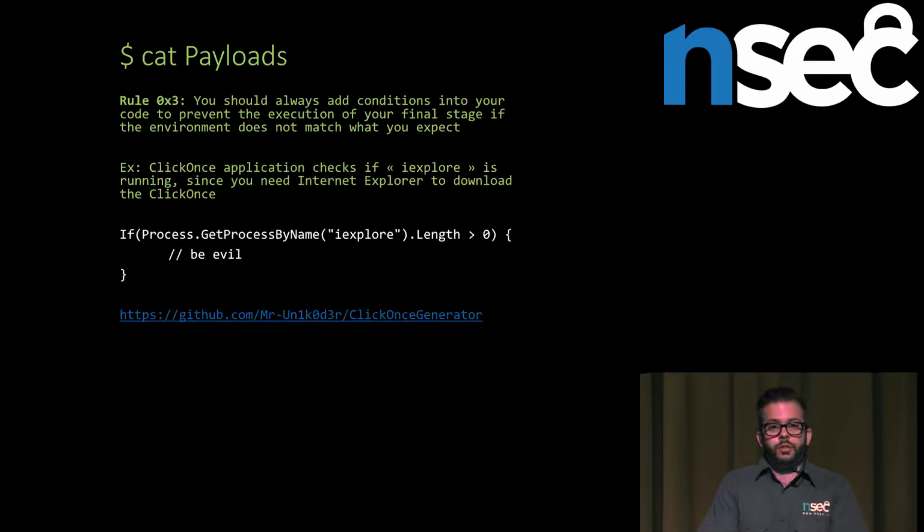WDigest. Mimikatz sometimes may not work because they may have prevented WDigest credentials from being stored in memory. The cool thing about PowerShell is that, by default, it supports Kerberos tickets. So if you have access to PowerShell, you actually have access to the current user's Kerberos ticket. And I wrote a little script called Remote WMI Execute that allows you to execute commands on a remote host using your current user's Kerberos ticket. So assuming that the user you currently have access to is a local admin on other systems or something like that, you can just leverage that power to move laterally on the network without actually knowing anyone's password.